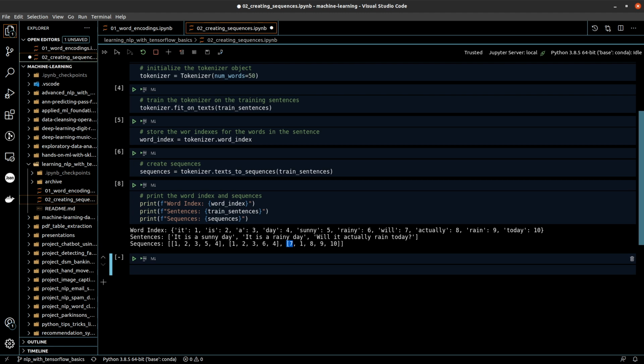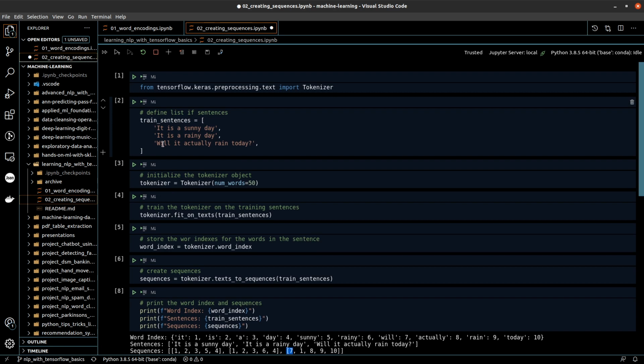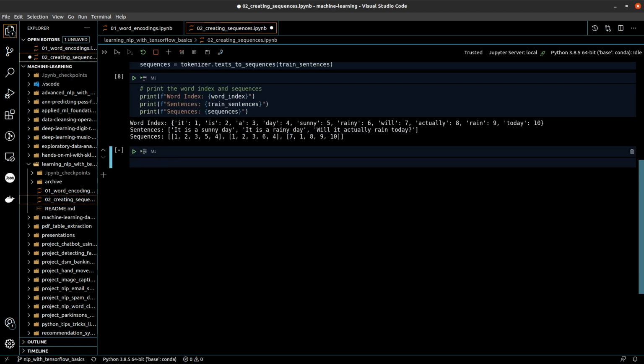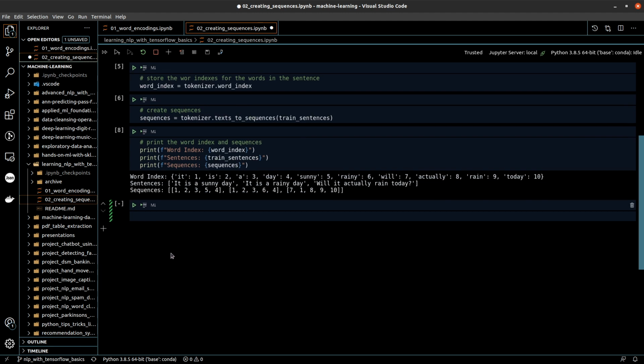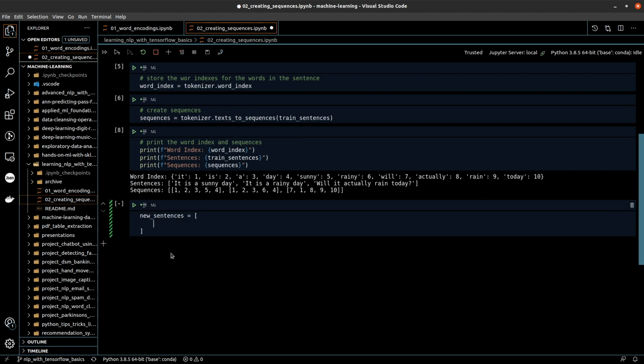Now let's try to do a thing where, instead of using the already defined data, what if we have a new set of sentences which have words that are not part of our original set? So let's try to define a new sentence set, and I will pass 2 new sentences. Let's pass a sentence called, doesn't